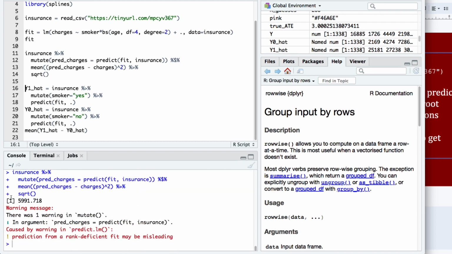Okay, so now we're getting an error that's under $6,000. Which, yeah, it's pretty wild. And actually, I'm not 100% sure why this warning is happening here, because this should be